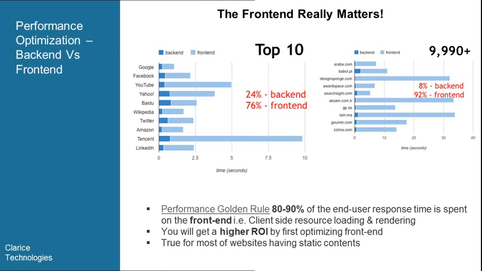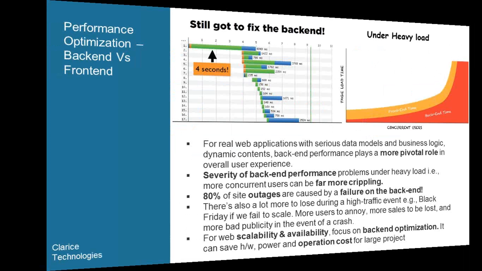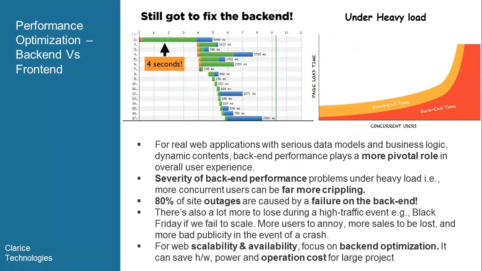What about the backend? This is a typical waterfall chart which illustrates where time is spent. Here the green bars indicate where it is spent. 4 seconds was the time spent to get the first byte. That is almost 4 seconds spent actually doing back-end processing. For a few websites, this 4 seconds is quite significant, and that's why it still makes sense to fix the backend. Also, what we have observed is, yes, most of the time end user time